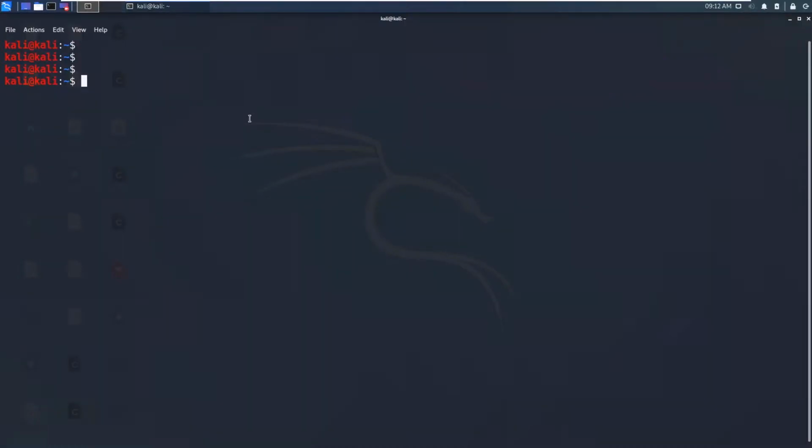So guys, in this video we will be taking a look at SMB enumeration. Before enumerating the SMB port, we will take a look at some theory of SMB. SMB stands for Server Message Block, and it's widely used in Windows systems and also in Linux systems. It's mainly used in Windows systems, but coming to Linux systems, there is a software called Samba, and we can connect to those Windows SMB shares using this Samba software.